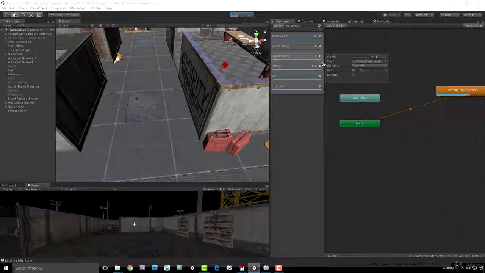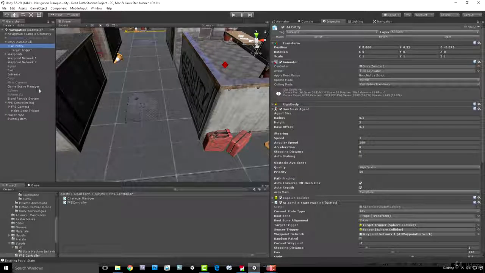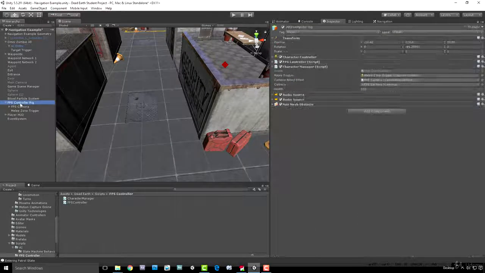So you can see the upper body is correctly activated, but because we haven't got any lower body damage, it's down at 0. So that's pretty much all we need to do now to activate lower body and upper body damage visually in our game. So what we need to do now, just to test all this stuff, is I'm going to select my FPS